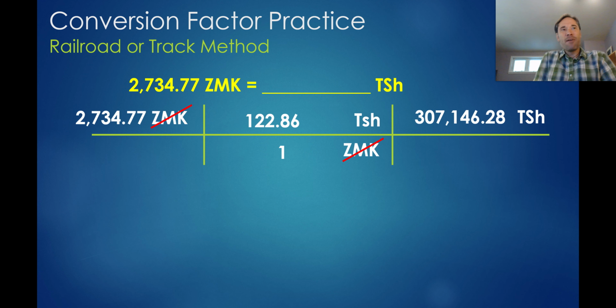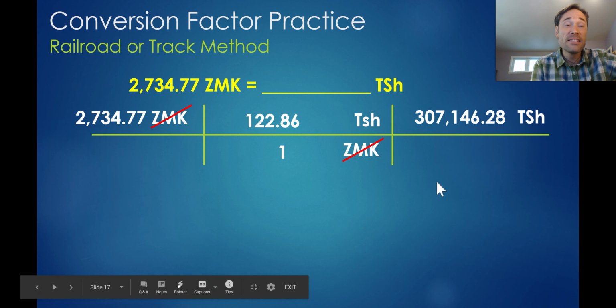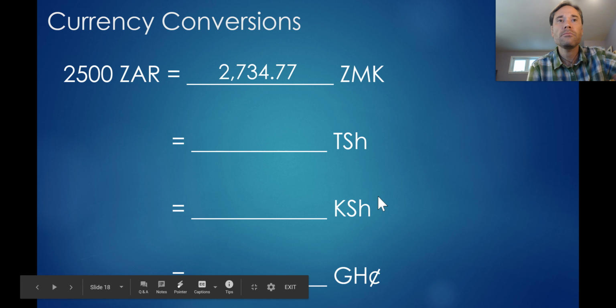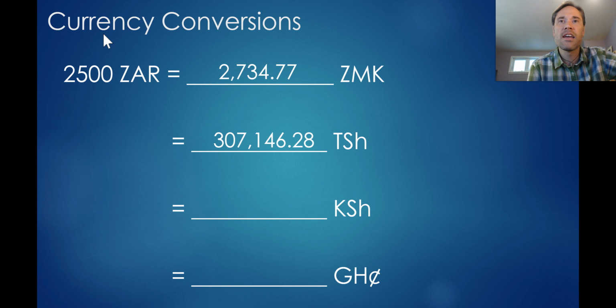I'm walking around now with new money, and I've got 307,000 shillings. Now, is 307,000 shillings a huge amount of money? Well, it's equal to 2,500 Rand, but is 2,500 Rand a lot of money? We'll get there in just a moment to see whether or not this is the case. But it's fascinating to think that you might end up with 307,000s of a currency, even though you might start with something quite a bit smaller. So let's plug that in here, and we say, hey, 2,500 Rand is this many kwacha, is this many shillings,